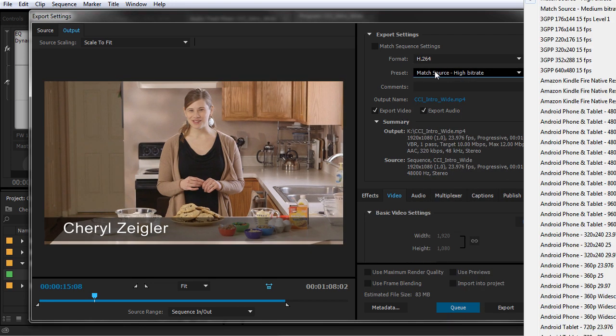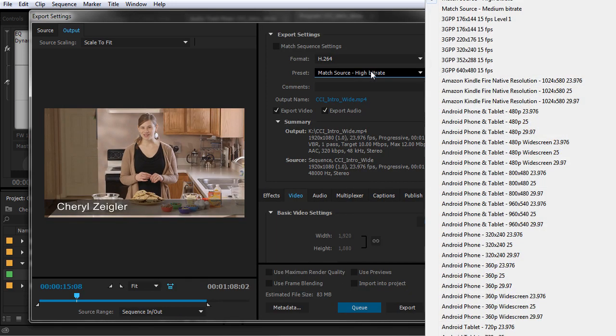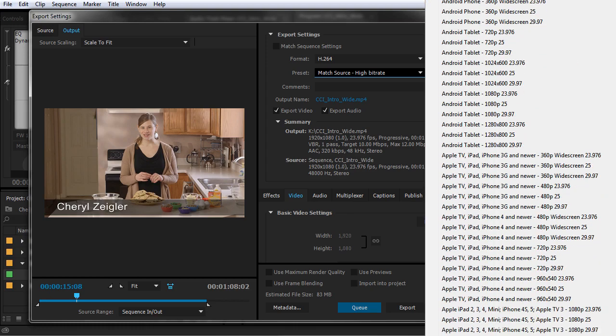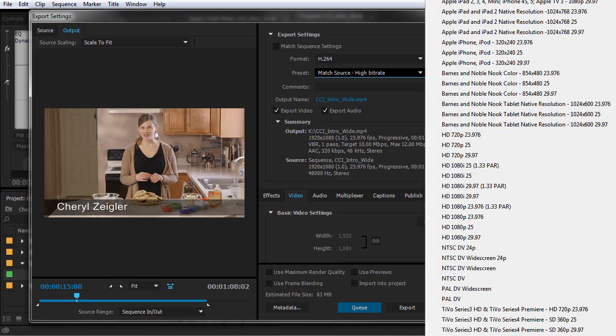under Presets, kind of hard to see, let me just scooch this over. Under Presets, there are a bunch of standard presets that you can dial in. So way down here at the bottom, there are some presets for Vimeo. They're just off the screen here. I'll just select one. I'll choose Vimeo 1080p HD.